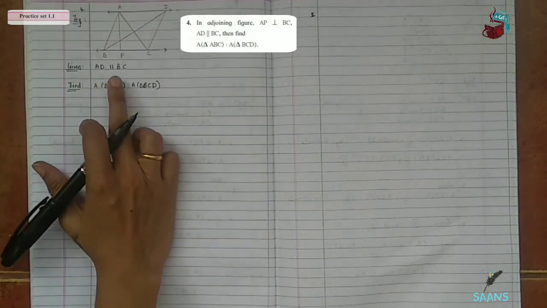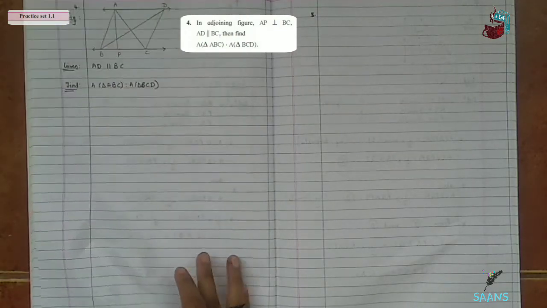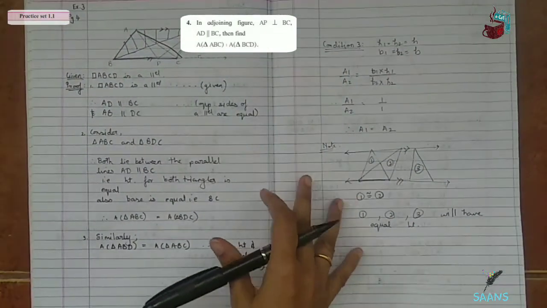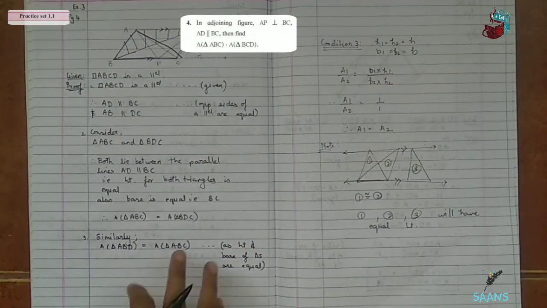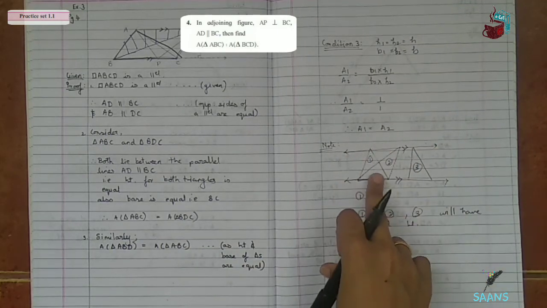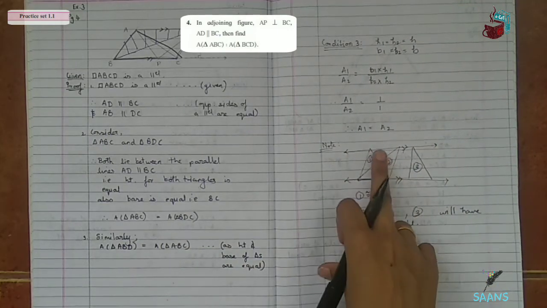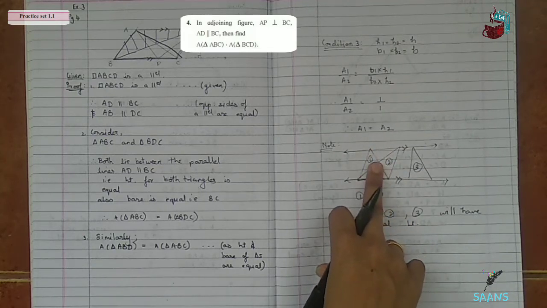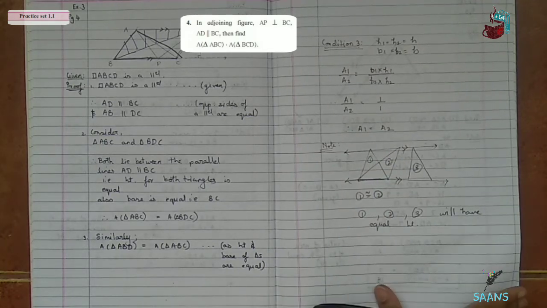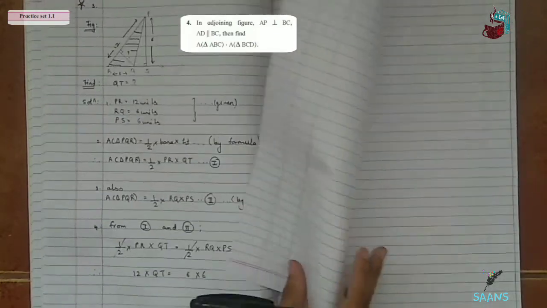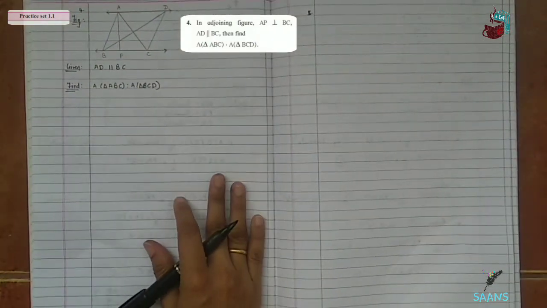Okay, AD is parallel to BC. So in this particular part only I had shown you all this. Okay, I think this was in the previous part. Two parallel lines, when triangles lie between two parallel lines, height are equal, and if their base is also equal, the two triangles become equal or congruent. Area of the two triangles becomes equal. Okay, that I had already shown you all. So we have to apply a similar thing for this one.